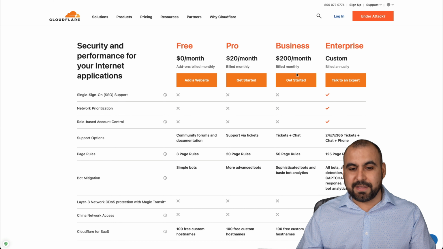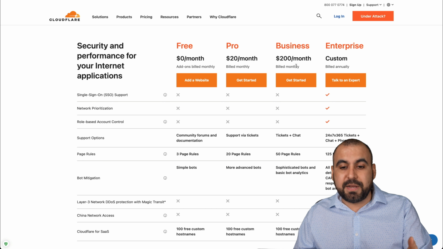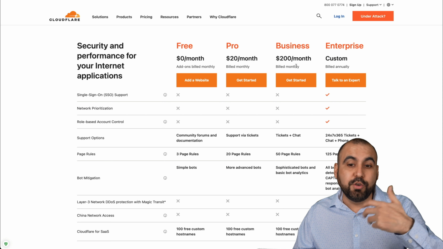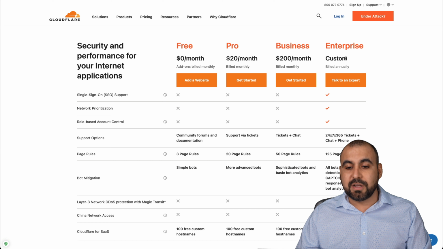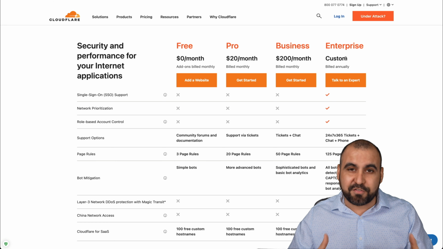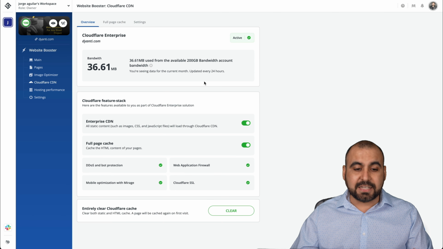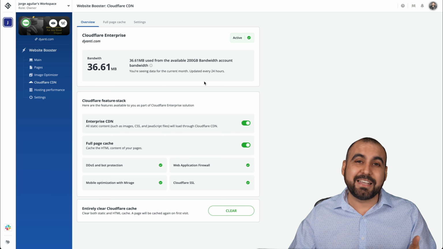This is just crazy. The plans, I know that for most of us that are not a big corporate company or a huge company, $200 a month is just a lot. Imagine getting some of these features from the enterprise version for, I don't know, $500, $1,000 per month. Well, that's just a lot of money. And getting these features from 10Web for much less is, well, fantastic if you ask me.